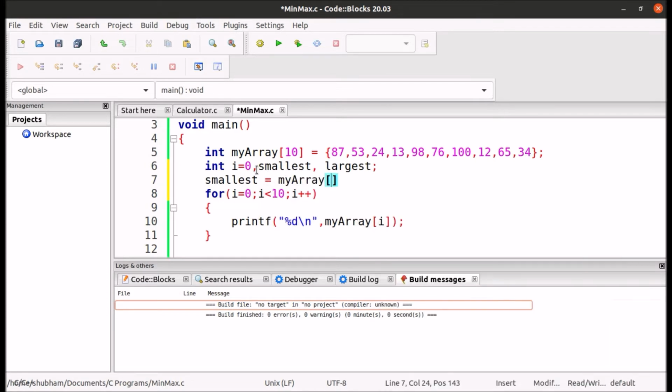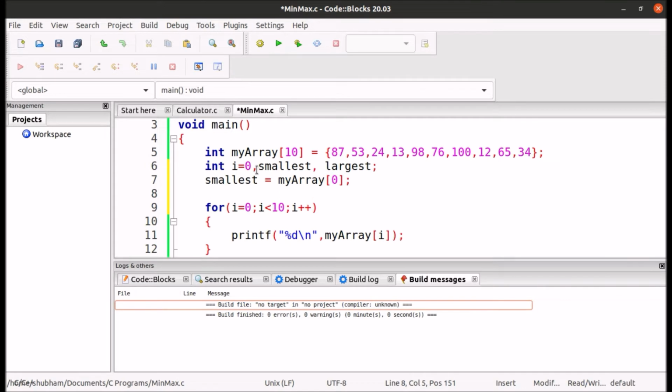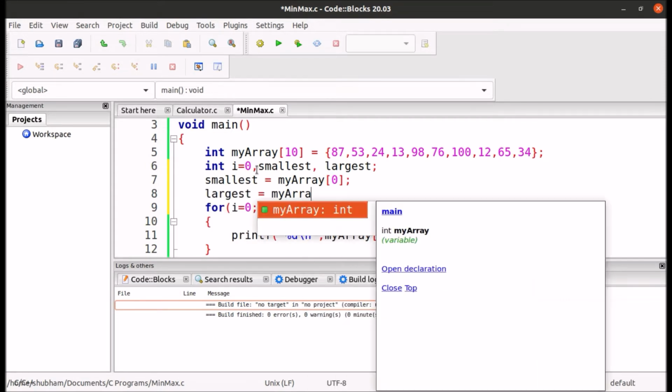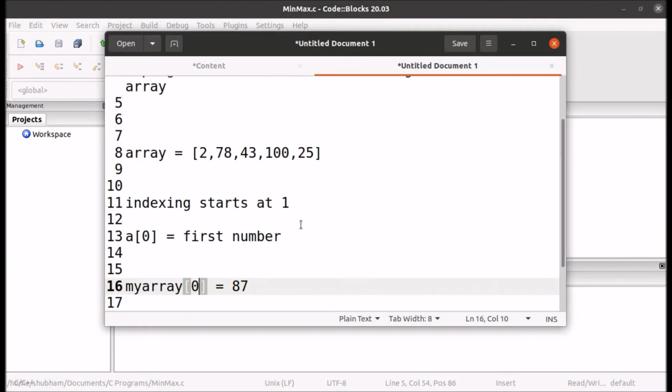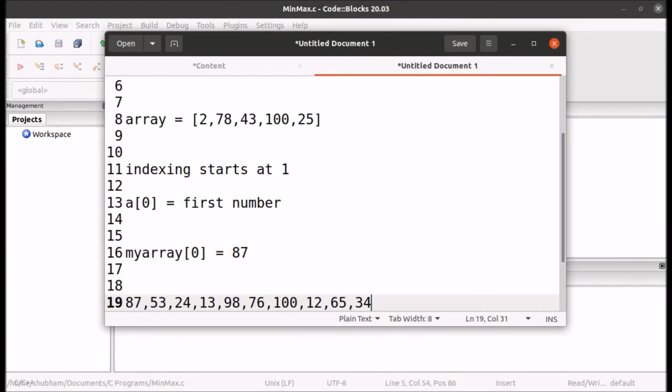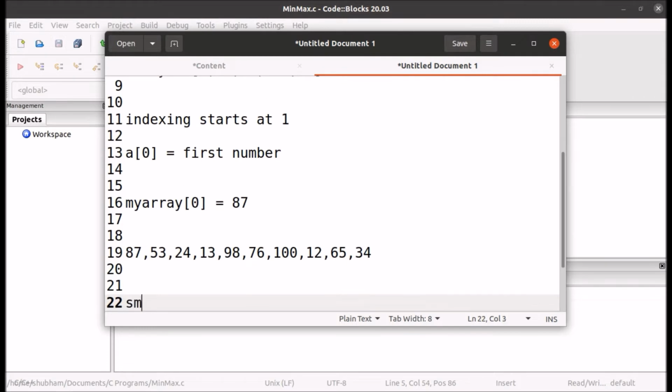I am assuming that our first number is the smallest and our first number is also the largest. Let me copy this so that I can explain what I am trying to do. So this is our array and currently smallest is 87 and it is also the largest.